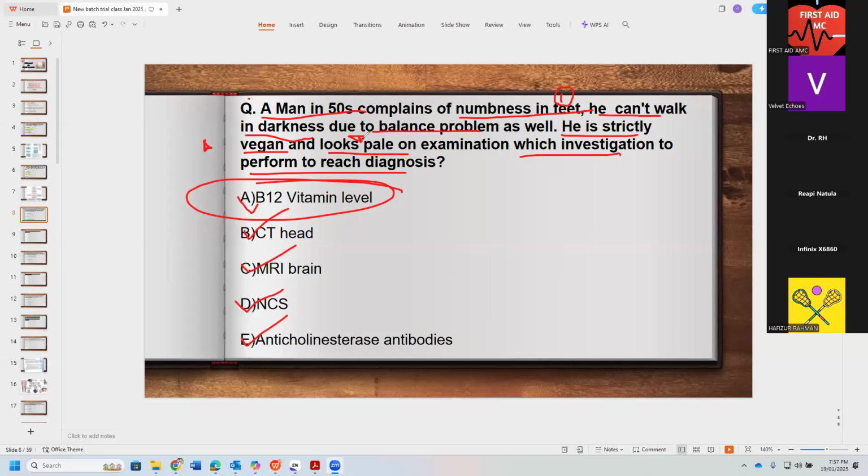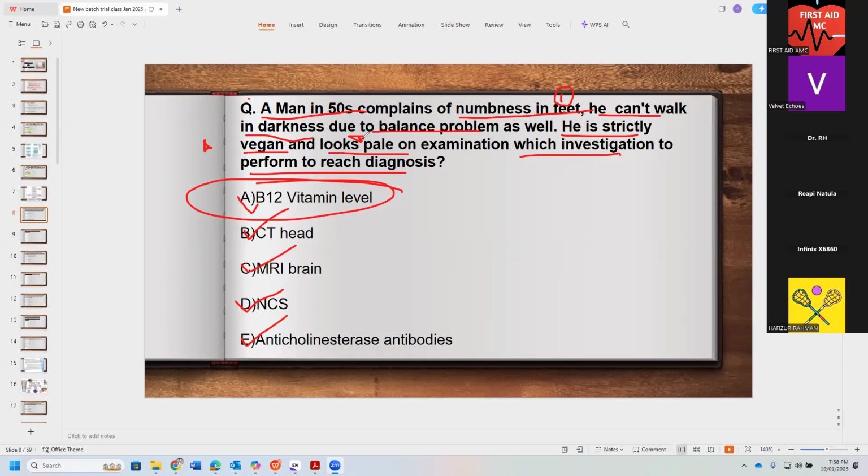Why do you want to do CT scan? What do you want to rule out straight away so that you can start treatment, in a patient who is having acute neurology? Yes, very good. We want to rule out stroke, hemorrhagic or ischemic, right? Because a 50-year-old patient having acute neurological features, we want to rule out stroke by doing CT scan. MRI brain, we will do later if we can't see anything on the CT and there is persistent neurology present